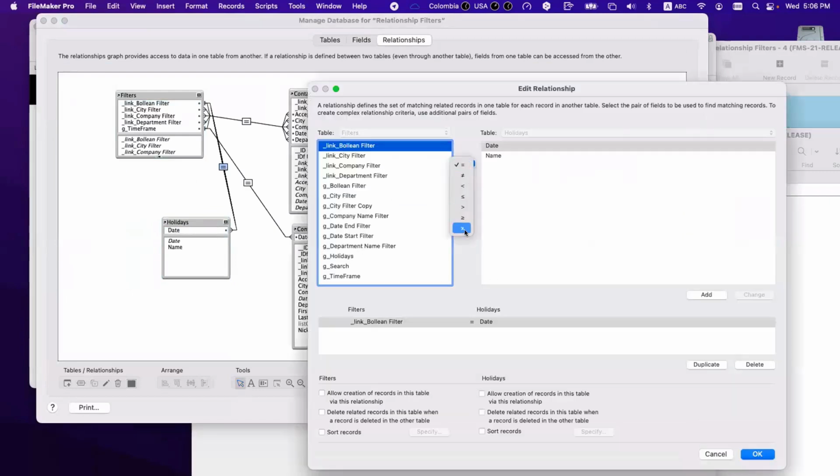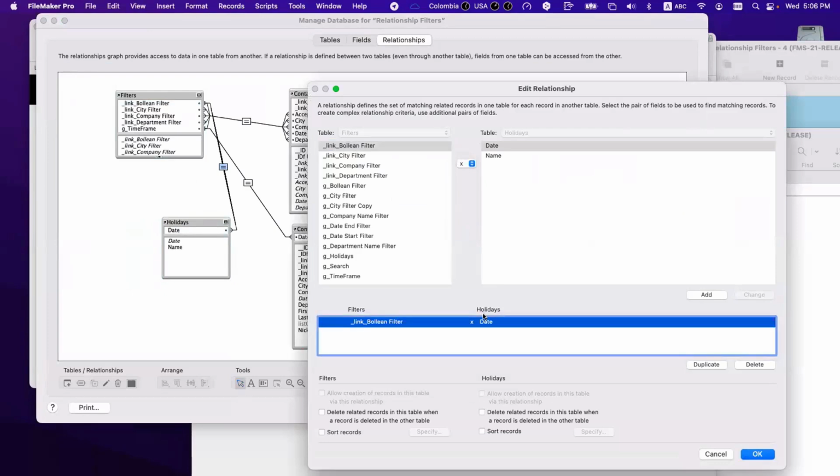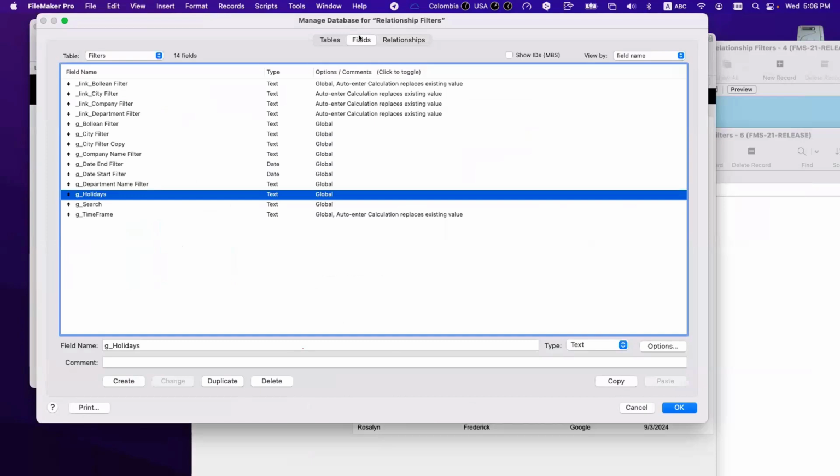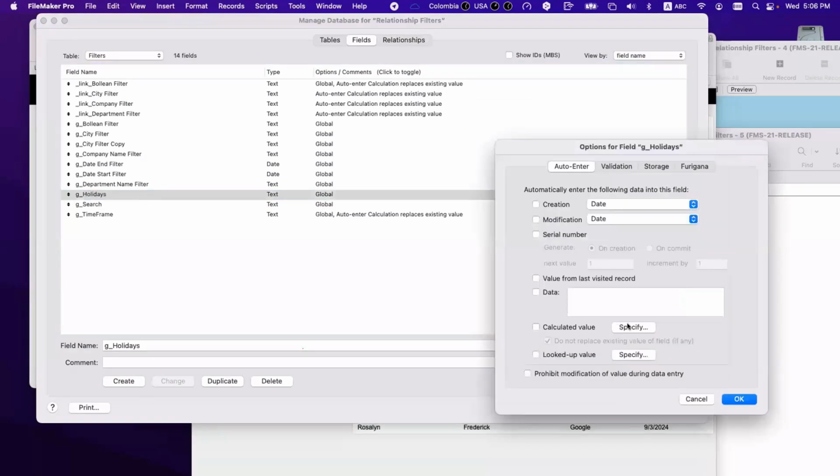So what is a Cartesian link? You do this, and then you will get all records on the other table. Whatever, from here to here, I have a relationship that says, give me all. That's a Cartesian link. It gives you all the records. So now that I have a link, a relationship, I can say this: